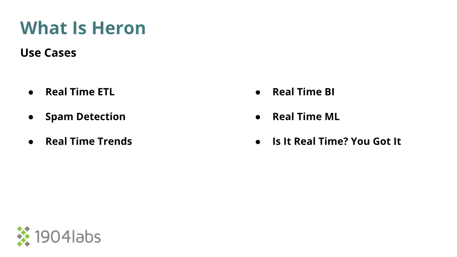So use cases for Heron or any streaming system, specifically Heron in this case, will be real-time ETL. Twitter uses it for spam detection and real-time trends, whenever there are high-velocity events going on. If you wanted to, you could do real-time business intelligence. There's also some research going on right now with real-time machine learning. I've sat in on a couple of the talks. It's not really my thing, but I know it's in progress. I don't know where they stand right now. And I've said real-time enough, so if it has a real-time need, most likely Heron is what you can use.